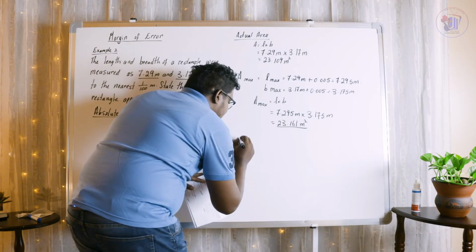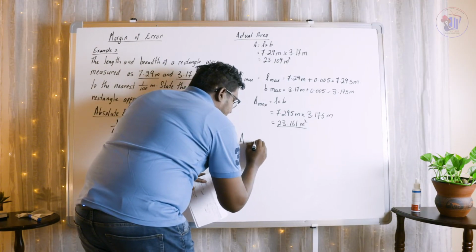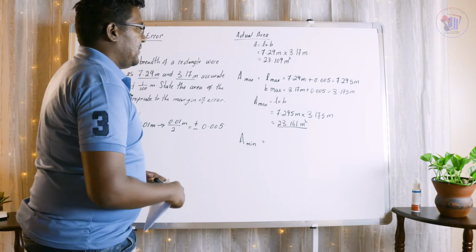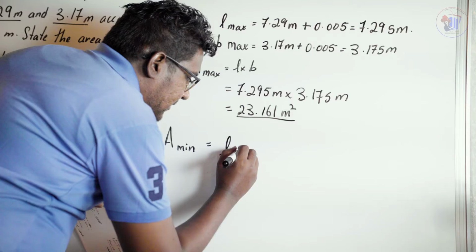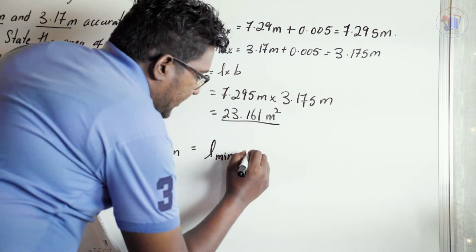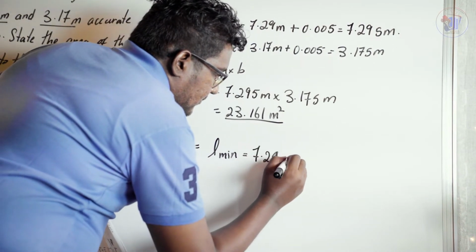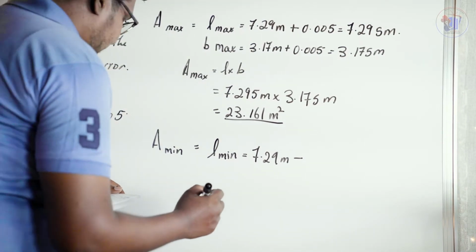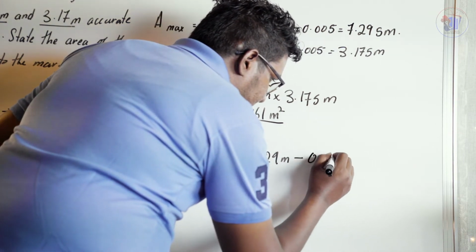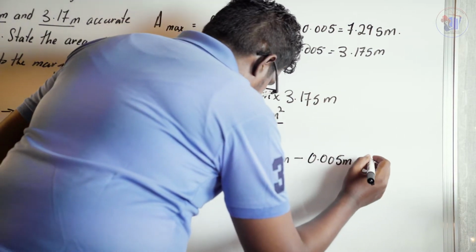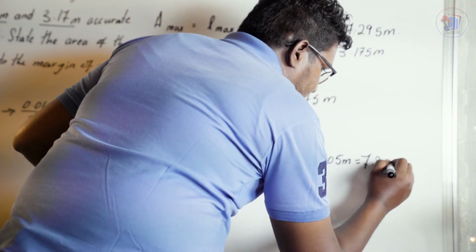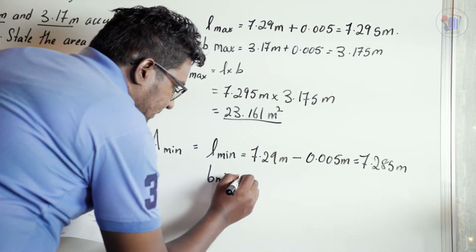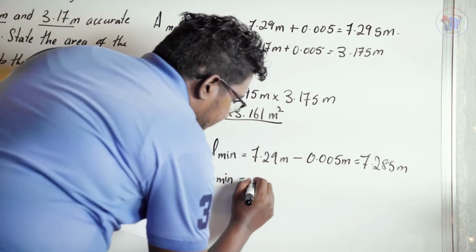So let's find what's the minimum area. So we say A min, but before we go and find the minimum area, we have to find the minimum length and the minimum breadth. So we say L min is equal to 7.29 meters minus our error, which is going to be 0.005, and this is going to give me 7.285 meters, and our minimum breadth is going to be 3.17,